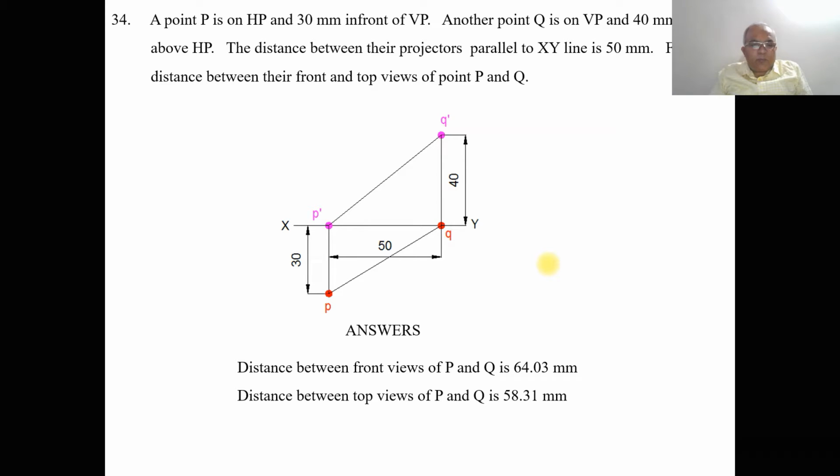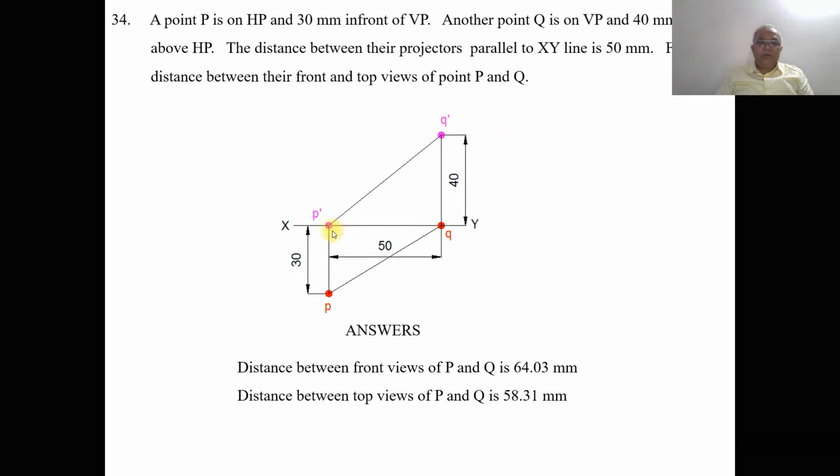Now, we're going to take up one more problem on the projections of points. A point capital P is on HP and 30 mm in front of VP. Another point Q is on VP and 40 mm above HP. The distance between the projectors parallel to XY line is 50. Find the distance between the front and top views of point P and Q. So it is a combination of both the two previous problems,